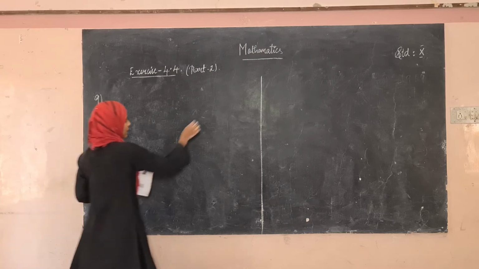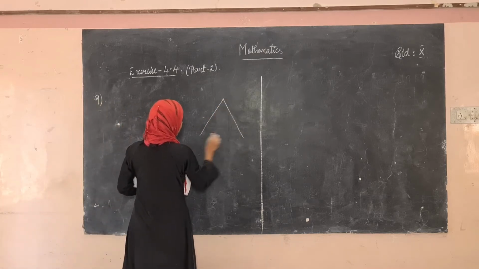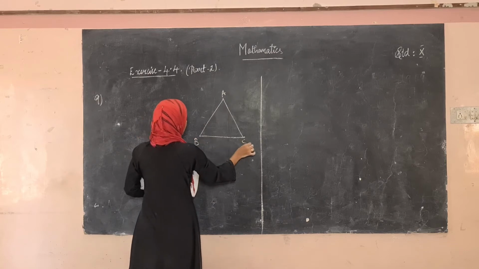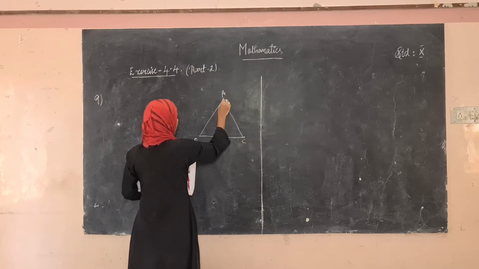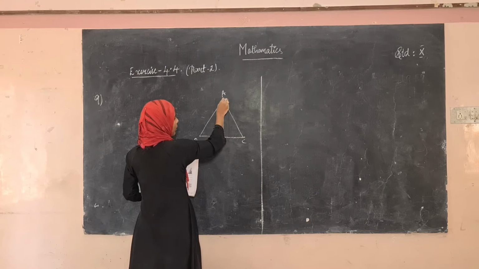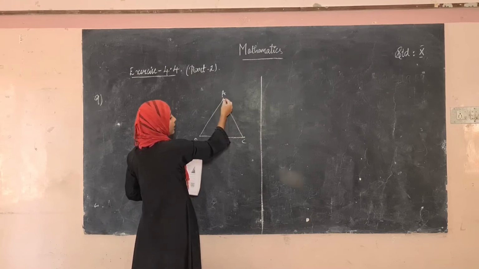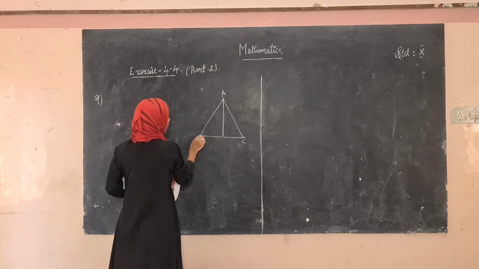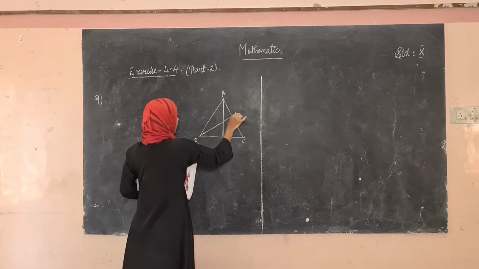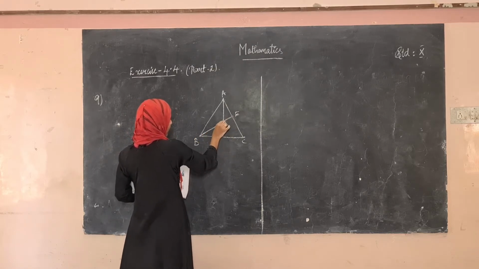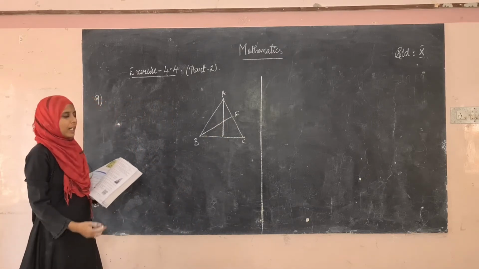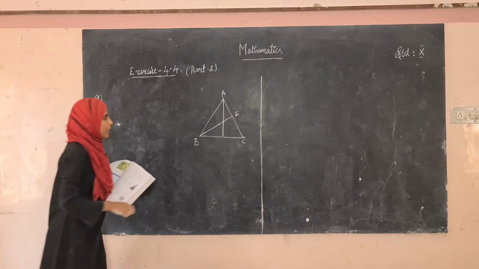What are the angle bisectors? Let this be a triangle ABC. An angle bisector means a line from A that divides the angle A into two equal angles. Let this be E. We have to prove they meet at a single point. Concurrent means all the angle bisectors meet at a single point.